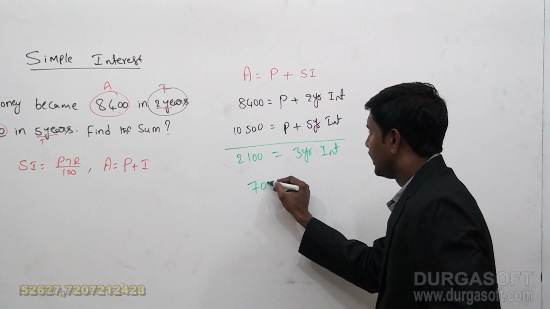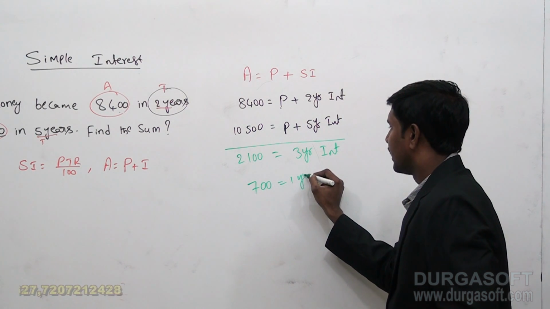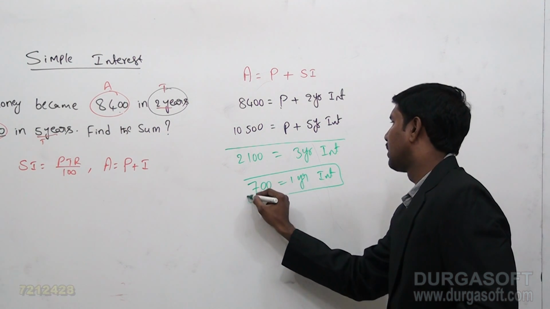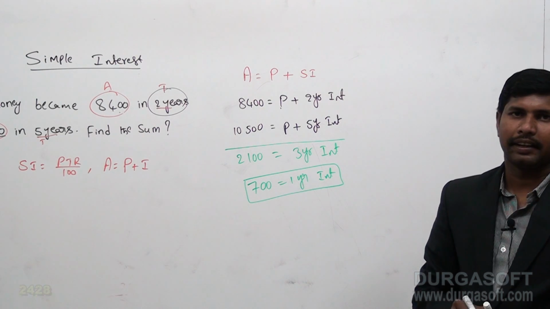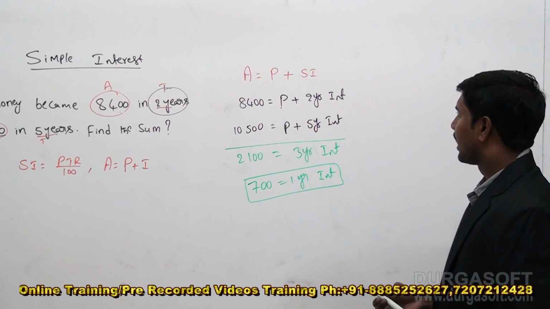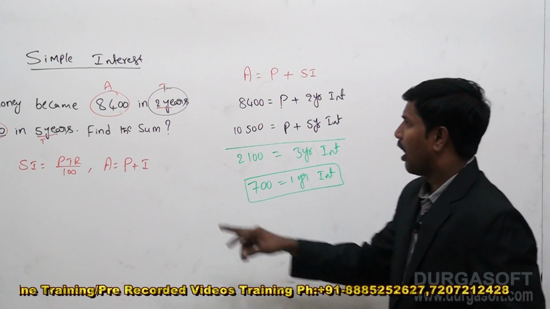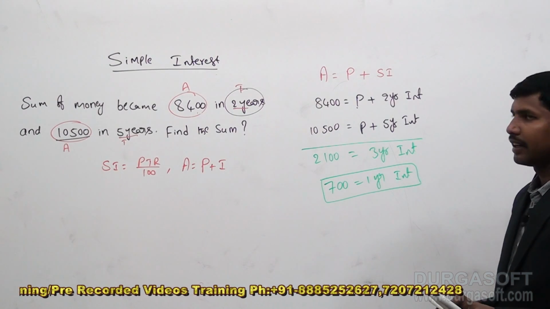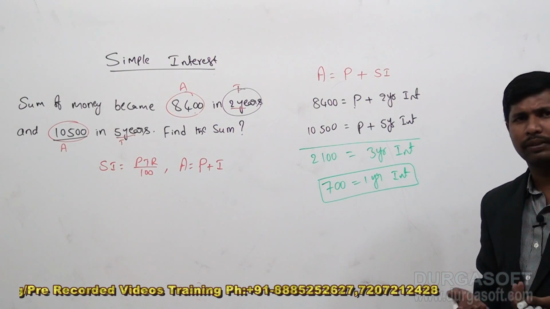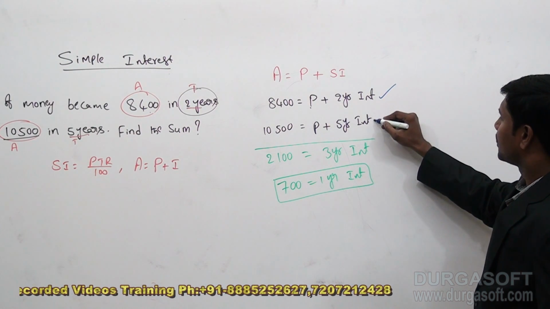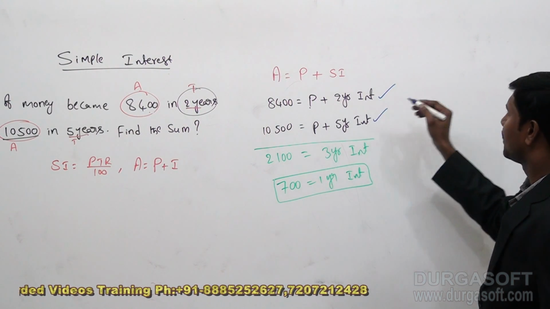So for 1 year we will get the interest as 700. When you are able to get 1 year interest, now you can calculate the required value. So I want the sum. We need to find the sum. Let's see how I can get the sum. Sum is nothing but principal amount. So P value I want. Now you can use the first equation or the second equation. Suppose if I take first equation,